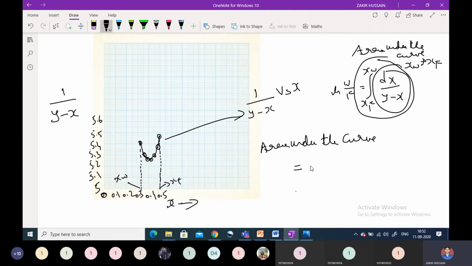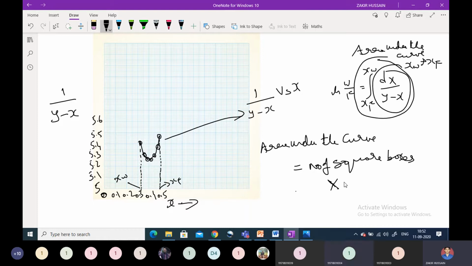Area under the curve is equal to the number of square boxes. Since our graph paper is in square boxes, it is the number of square boxes into... anybody? Area under the curve. Number of square boxes into...